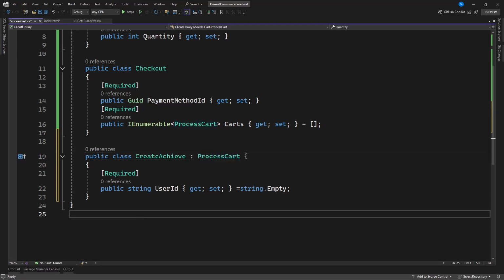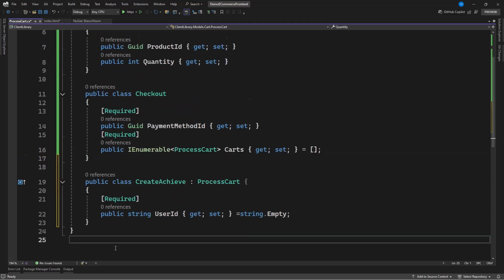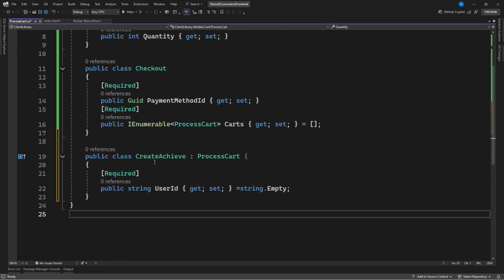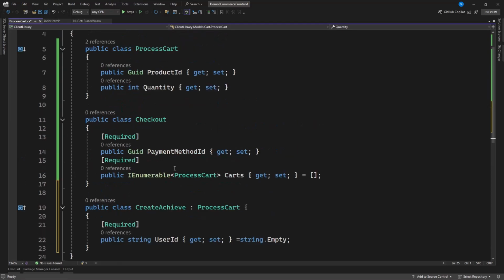That is inheritance. So we are inheriting the members from here, and then we are adding extra ones there. That is good programming practice. So let's keep that. Okay, so